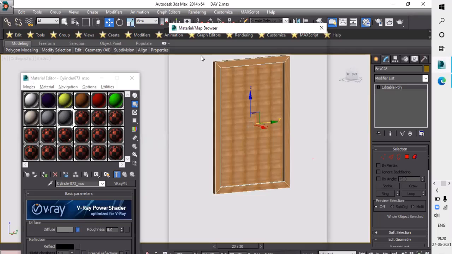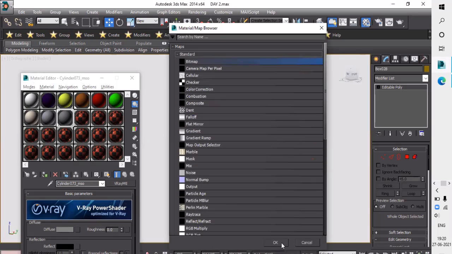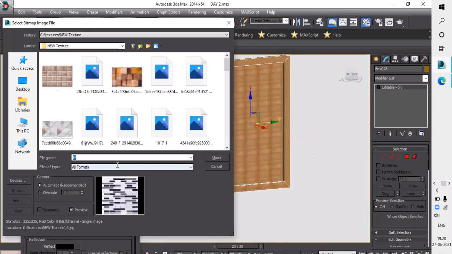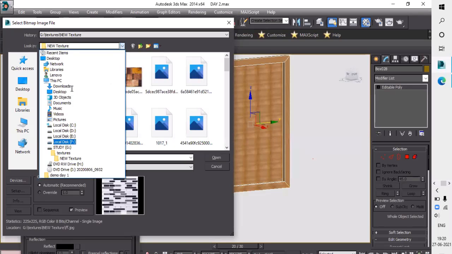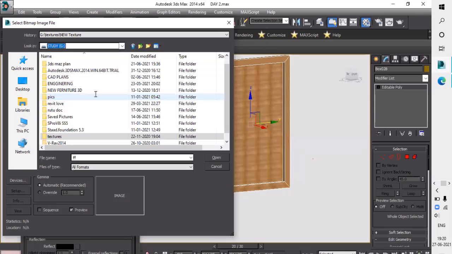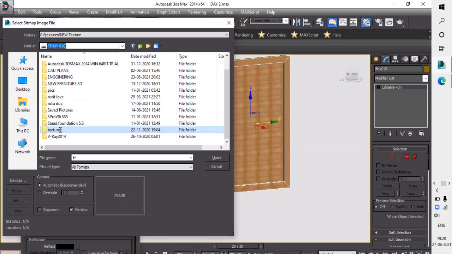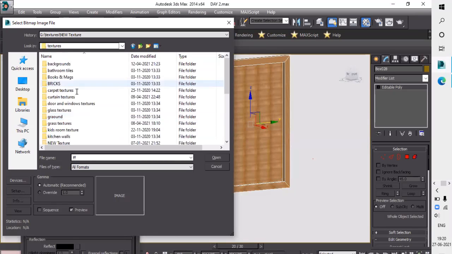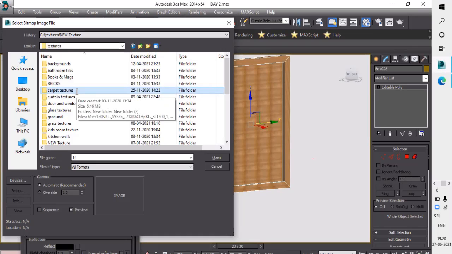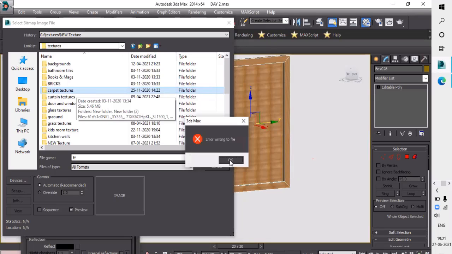Picture is also like a texture. So that's why I will give one picture here. If you want to edit your picture, you can edit your picture also. It's not compulsory to add another picture or take one from the internet. If you want to add your own picture, then you can add it. So I will add it here.